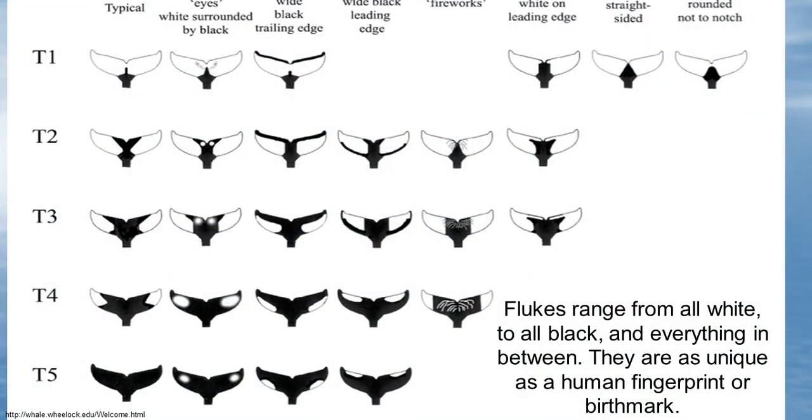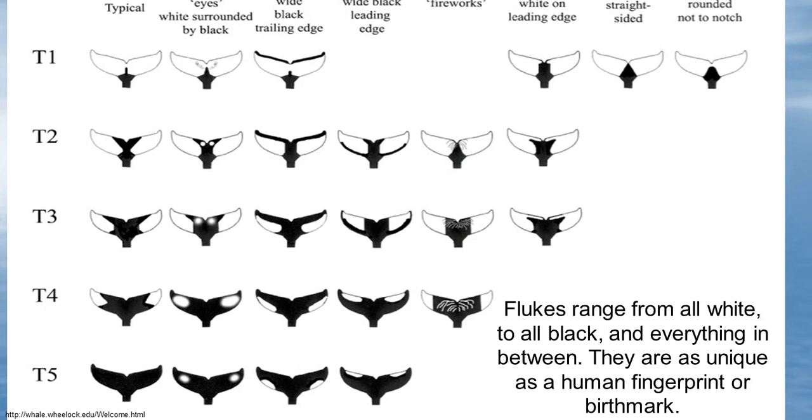So if we're looking at flukes, you can see here all the things. They range. Some of them are all white. Some of them are all black. Everything in between. And you can see how there's various little changes that take place. And so they call them things like eyes and the trailing edge and fireworks and stuff like that. I don't know if I've seen one of those right here. You can see with the fireworks on them. That might be kind of fun. And so depending on what critter it is, they have a unique design there, and they get named that way.